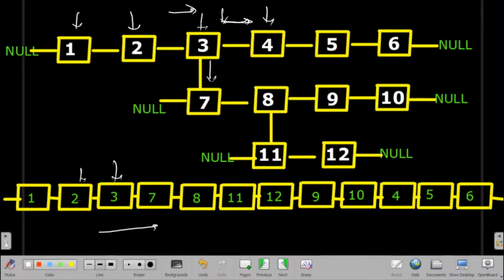So after coming to 3, we see here that we have one child node, so we will go to the child node, that is 7, and we will insert here, means create one node and we will point to the 3. And again we'll see we have one next node. For 7 we have next node 8, so we'll go here and we'll insert 8. And after that again we will see that we have one child, so we will not move in this direction. First we will move in this direction, so we'll come here, we will insert 11. Again we have one node, so we'll insert 12. And after that we will reach null.